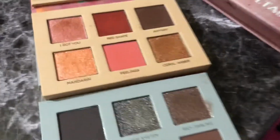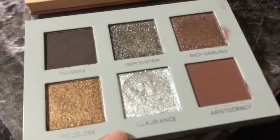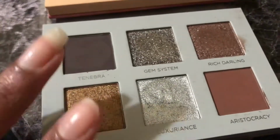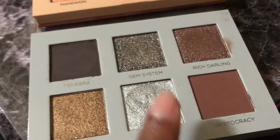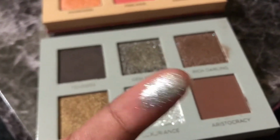Speaking of Nabla, I have these two cutie palettes. This one's the coral one, and this one's platinum. I specifically waited for the 21 Days of Beauty to get this, although I wanted to get it beforehand, but as soon as I saw that these were in the lineup, I waited because of this silver shade right here. Everyone always does that, and look at that. I saw these in so many palette collections, so many declutters, and